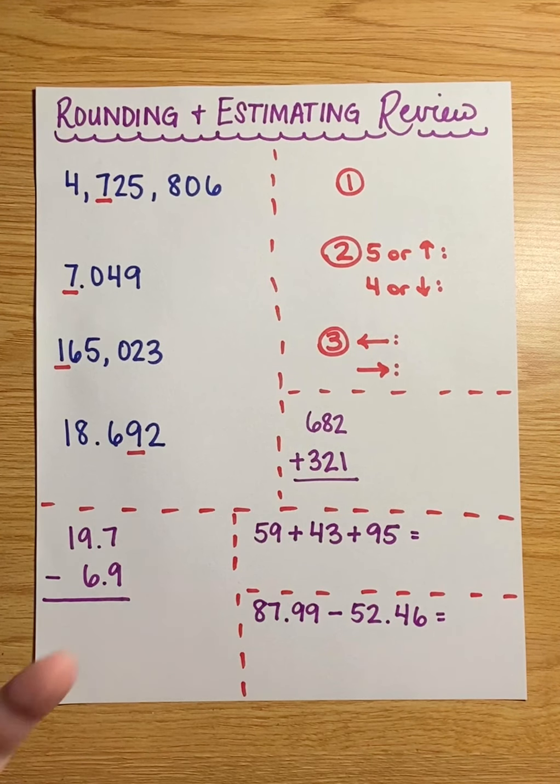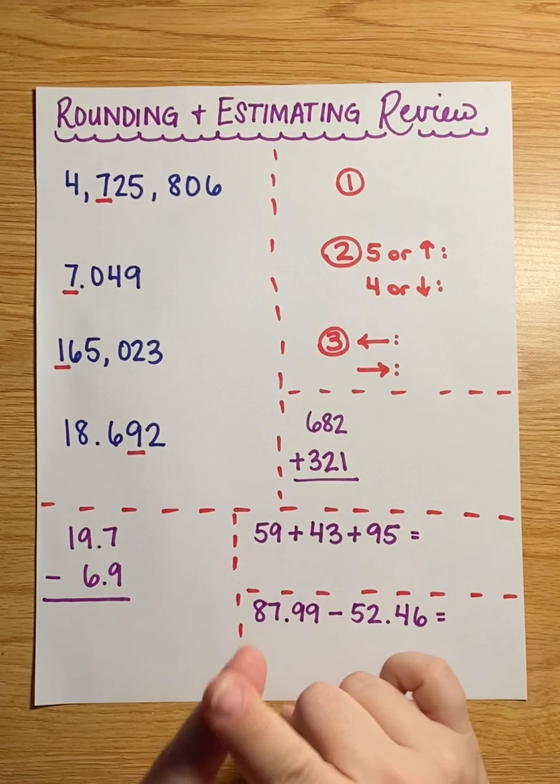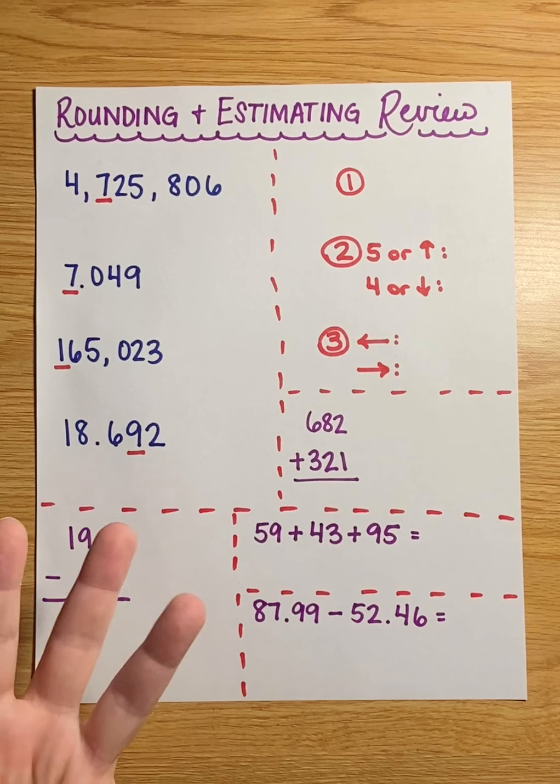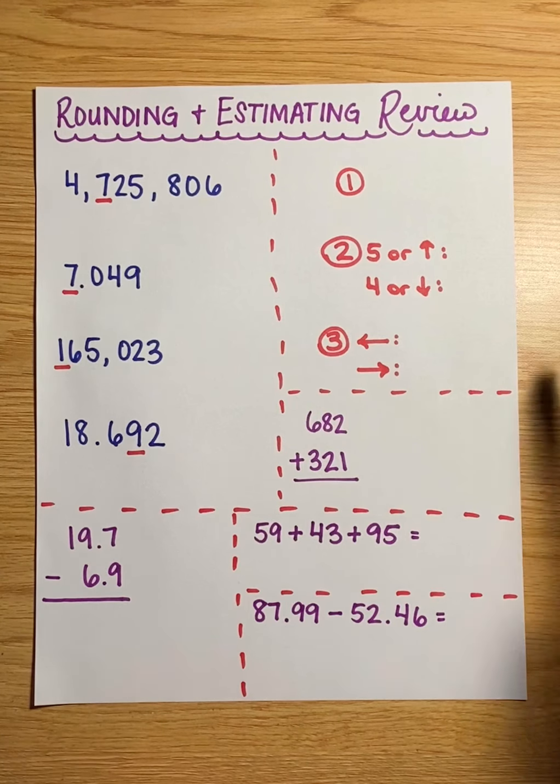We've talked about this during our lesson on Monday, during our small groups on Monday and Tuesday, and today is the day that you are going to do your review so we can move on tomorrow, okay? So I want to go through the 3 steps when we're rounding and then how that transfers to our estimating,